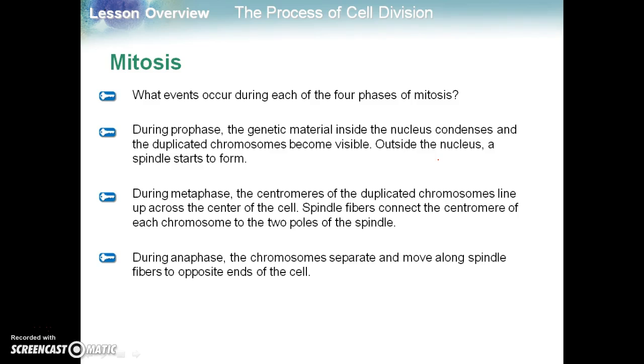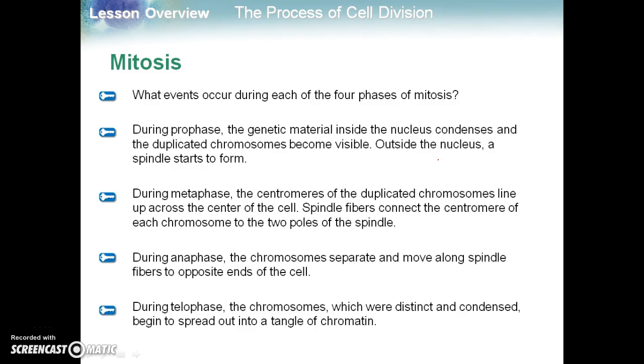During anaphase, the chromosomes are going to separate and move along those spindle fibers to opposite ends of the cell, and then during telophase, the chromosomes, which were distinct and condensed, are going to begin to spread out into a tangle of chromatin,